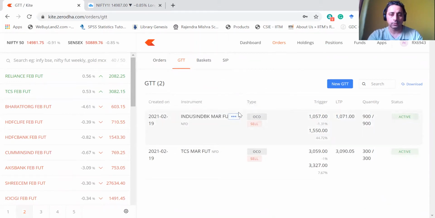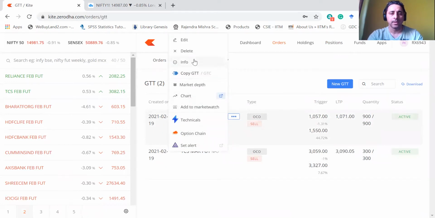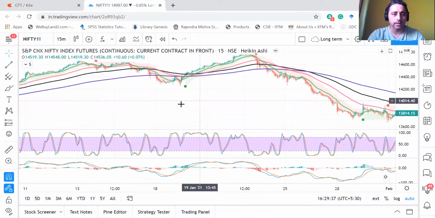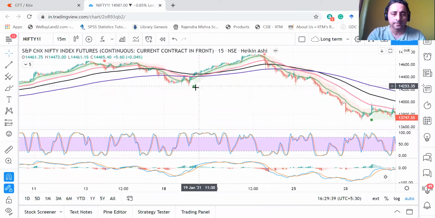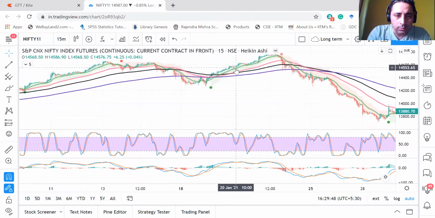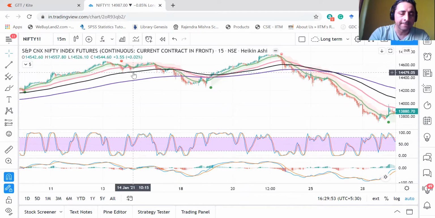So now, assuming this is Nifty Feb future, you see these three dots here in options. You just hover your mouse and you see these three dots. Click on it. You edit the GTT and just change the trigger price and the limit price. So then what we can do based on this 15-minute chart is we took a low here, then it starts moving up. I want a reference level. I can take these lows, and if you see carefully, these lows correspond to the other lows which were there some time back, right here.